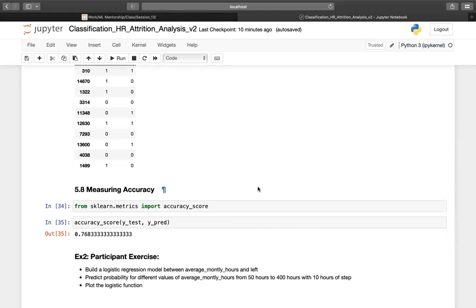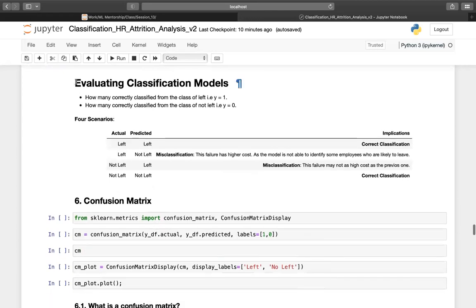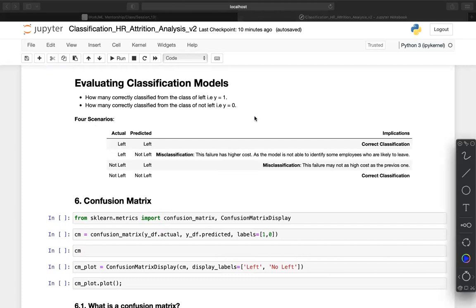But we'll take that discussion forward and understand a little more deeply how to evaluate the model and why this particular accuracy score that we see here may not be very valuable. It does not contain enough information on how to evaluate a classification model. So let's start with evaluating classification models. If you look at